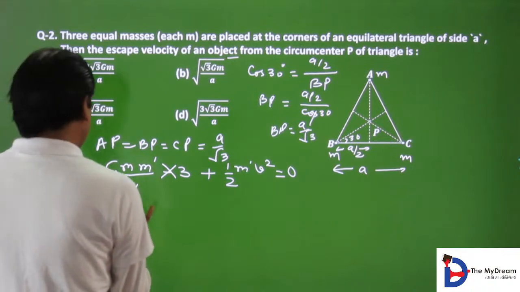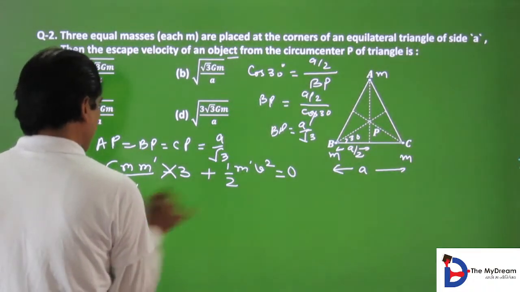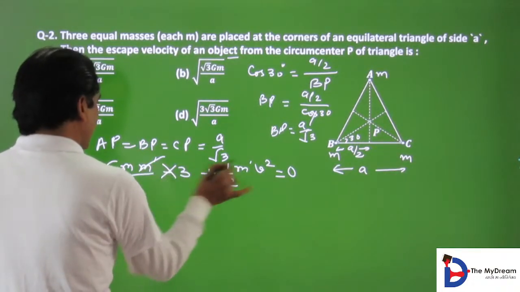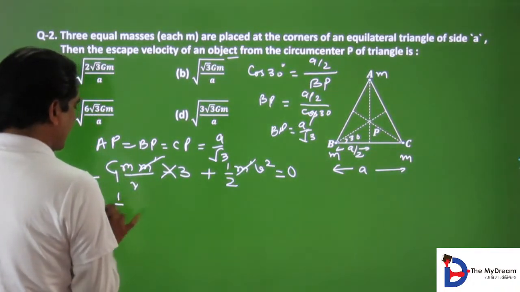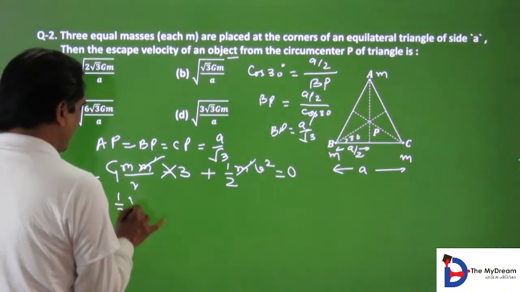So half m dash v square, m dash will cancel, this is half v square